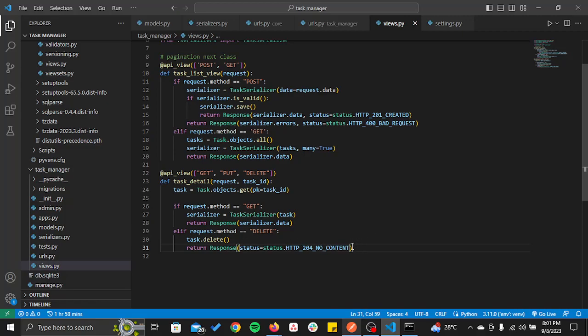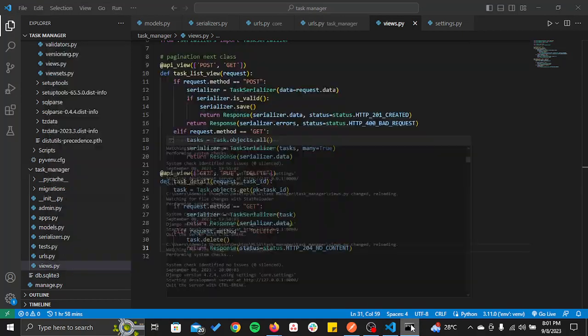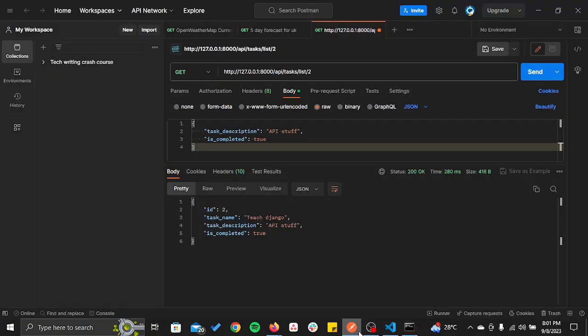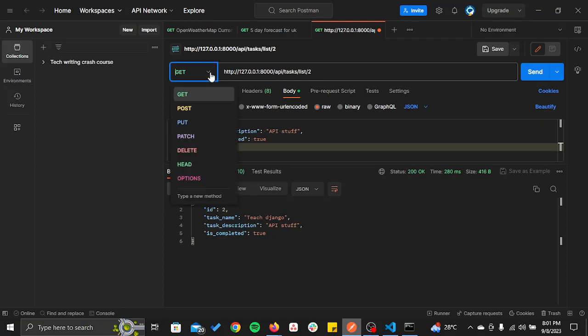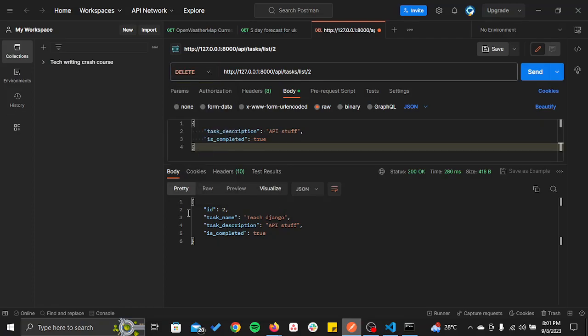I've said task.delete, and you've returned our response. So we just go to Postman. Let's see if this is working. So go to Postman, we'll change whatever it is that we have here, and we go to delete. Now this is the task that we want to delete, /2. Whatever ID you pass here is going to be deleted. The task relating to that ID will be deleted. So if I click on send,